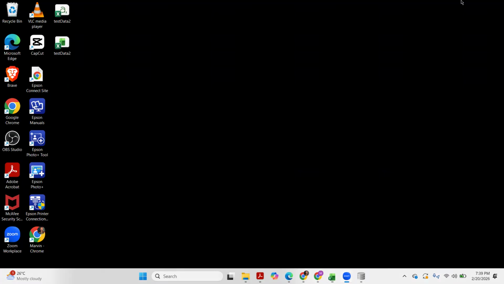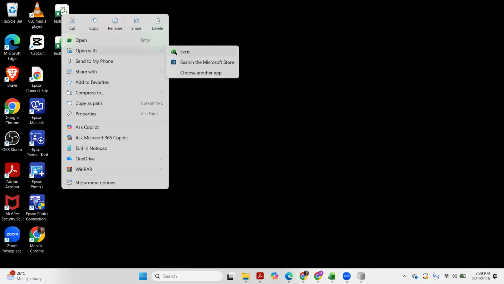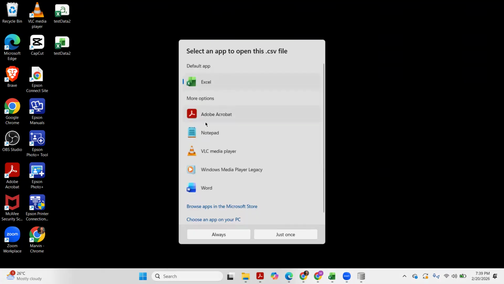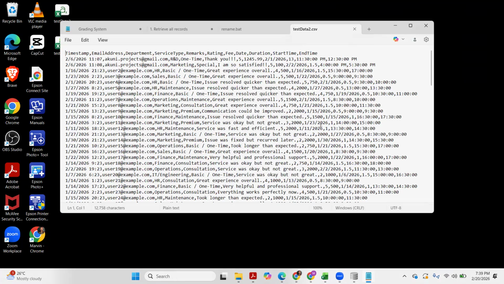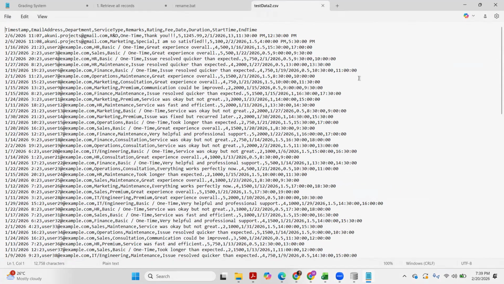But if you're going to open it via Notepad, let's try. Okay, it's not the default, but you can also open it via Notepad, just for now. So this is what our CSV data actually looks like.